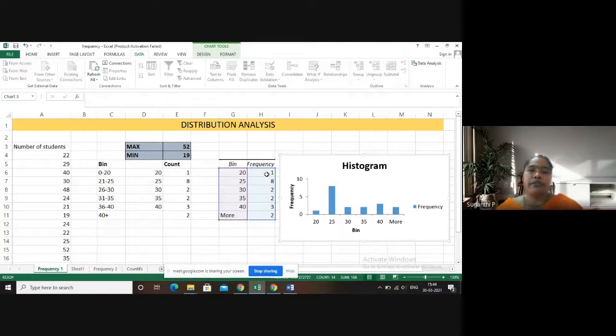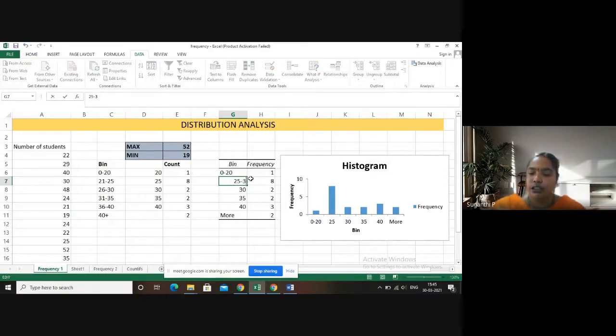Now we have to do a small editing work. Here you can find we have selected all the upper values, so all the upper values are appearing in the x-axis. Instead of that, you can give the correct labels, from 0 to 20, then 21 to 25. Then correspondingly, the x-axis is changing in the chart.